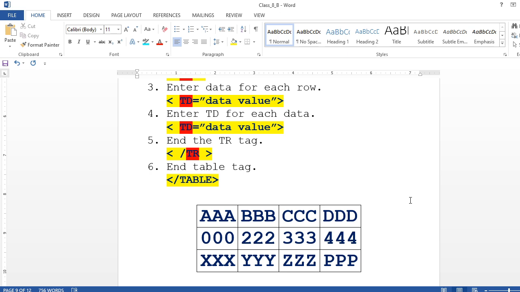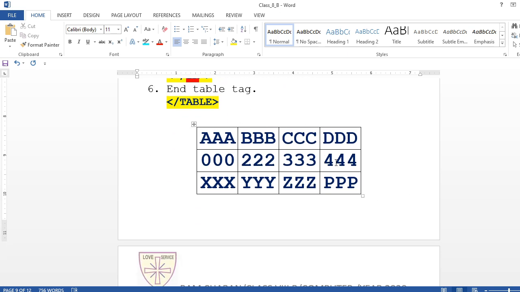So children, can you let me know what is a table? See, I had drawn a table here. If I ask you to describe this table, what are you going to do? Simply you can say that a table is a structure of rows and columns. But which one is rows and which is columns? Whatever you see vertically, these are columns, and whatever you see horizontally, these are rows.